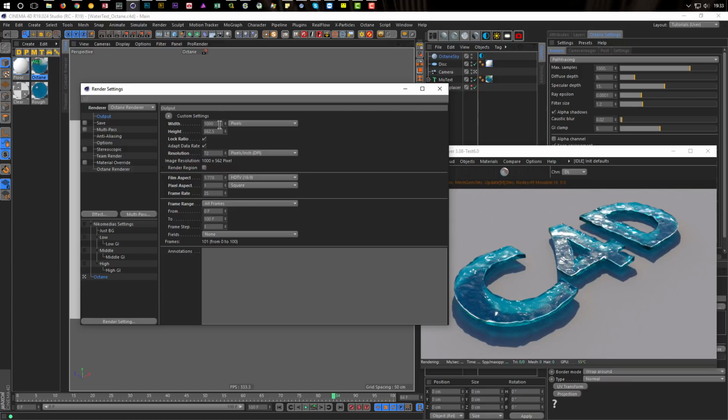The size with 1000 should be okay. Let's make it some Facebook header size. This is 820 by 462, I think. But if you want to use this for a header for your Facebook site or something else,